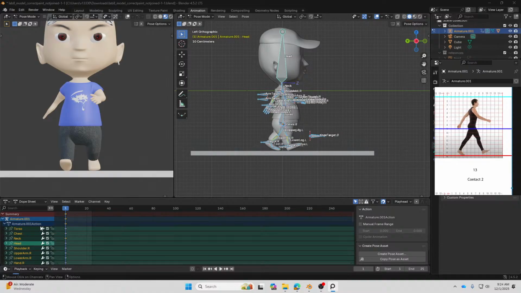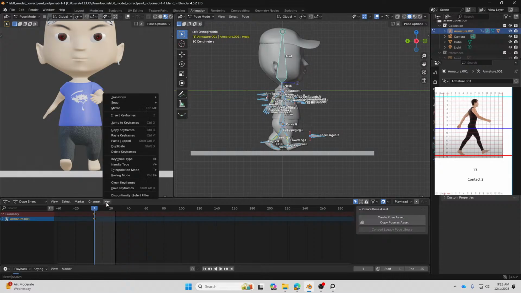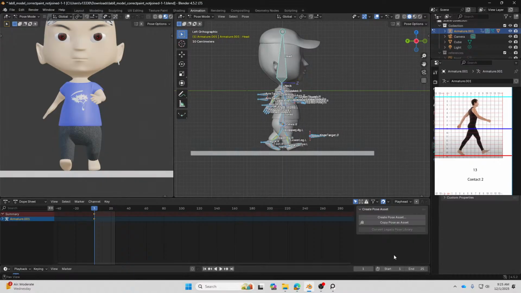So basically what we want to do is copy the first keyframe by selecting the summary keyframe, because when we select the summary keyframe, we practically select all the keyframes underneath it. Alright, and then in the Key menu we're going to copy keyframe, Control C, and then jump to frame 13. If you type in any number over here, you'll be able to jump directly to that frame. Enter,